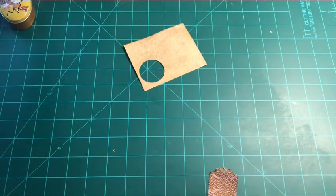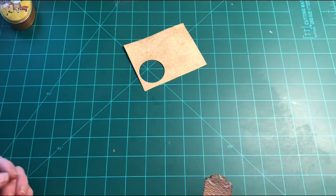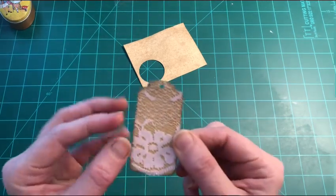In places like Walmart. No, it's basically made by Beacon. It's pretty much the same thing. I find that Fabrifix may work a little bit stronger, may hold a little bit better, but they're basically the same thing. So I glued this onto